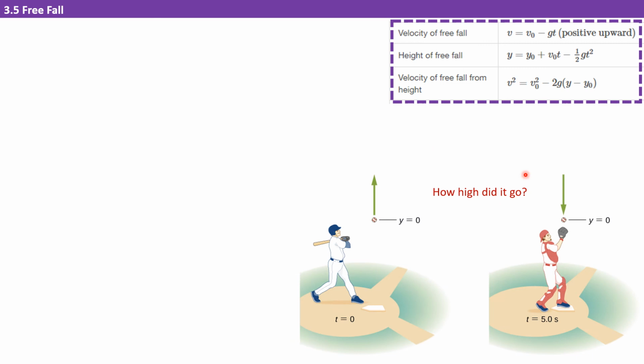So now let's try to answer the question, how high did it go, using the height of free fall. y is equal to y naught plus v naught t plus 1/2 a t squared, or in this case, a is negative g, so we have that modification. When we look at our scenario and see that it started at 0 and ends at 0, we can put a 0 here, a 0 here. And let's assume we don't know what the velocity was from the previous slide. And we have the rest of this,